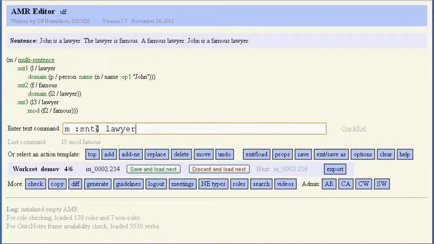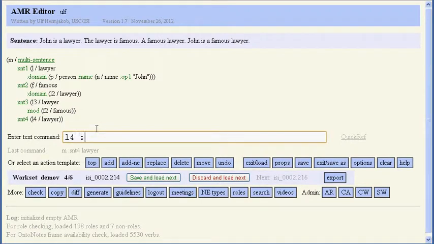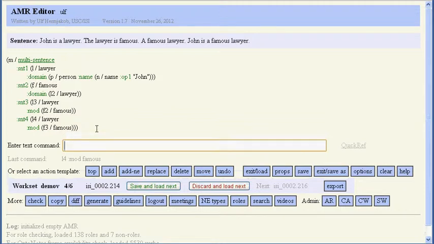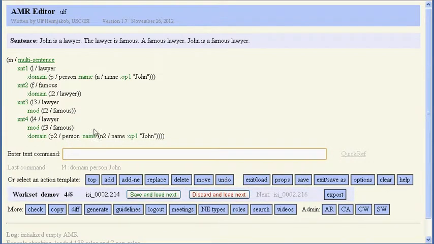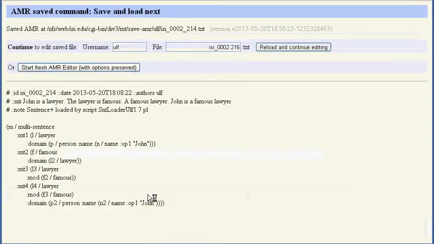Again, we have a lawyer at the top. The lawyer is famous. And who's the lawyer? Domain, person, John. And we would get this type of scenario over here for both John is a famous lawyer and John is a lawyer who is famous. In that second case, this mod is basically an inverse of domain, and so both John is a famous lawyer and John is a lawyer who is famous are annotated exactly the same way, which is actually what we like to have because they really mean the same. So I'm going to save this and move on to the next sentence,